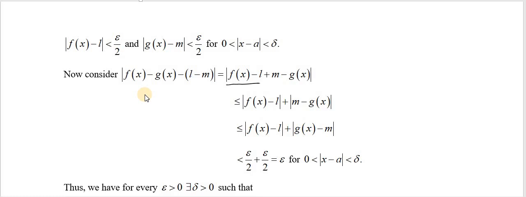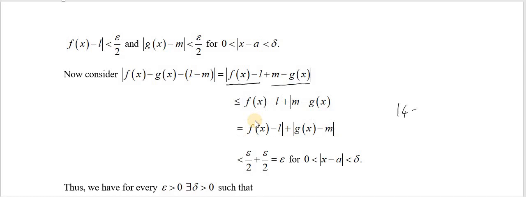Next we are taking this as a, this as b. By using the properties of modulus, we can write this modulus is less than or equal to modulus of f of x minus L plus modulus of m minus g of x. Next line, I already informed you, inside the modulus we can easily change the terms' places, that is, m minus g of x can be written as g of x minus m,